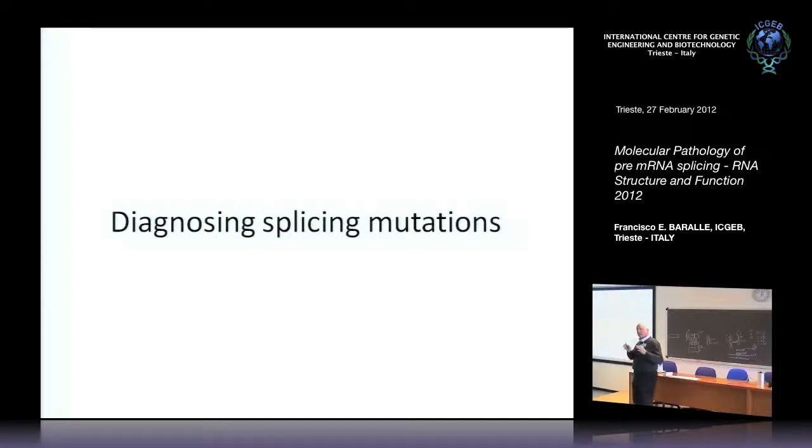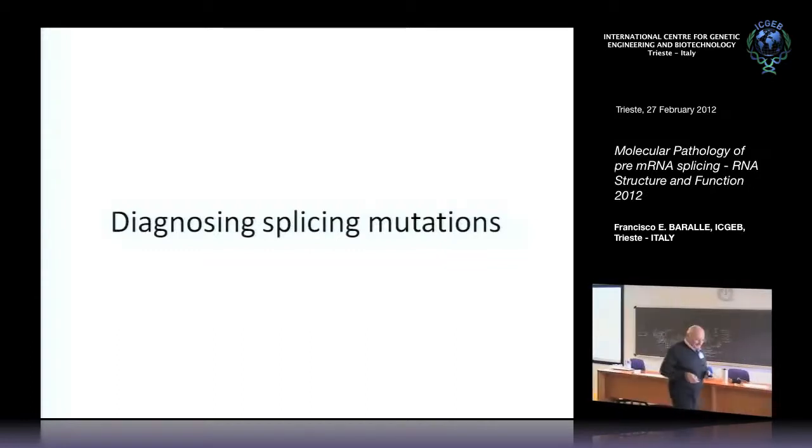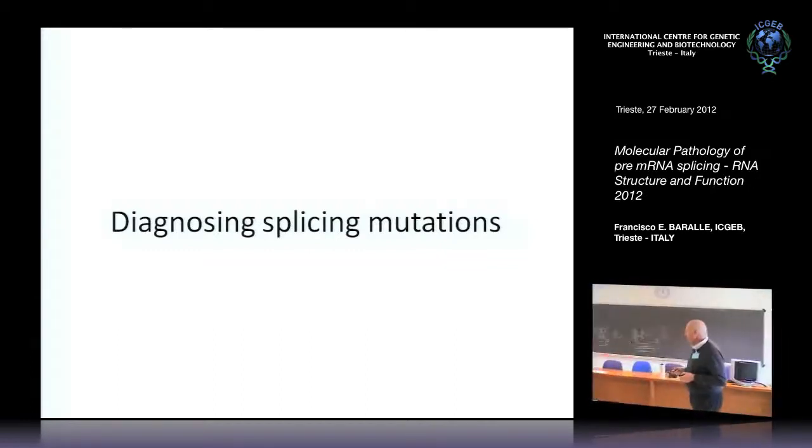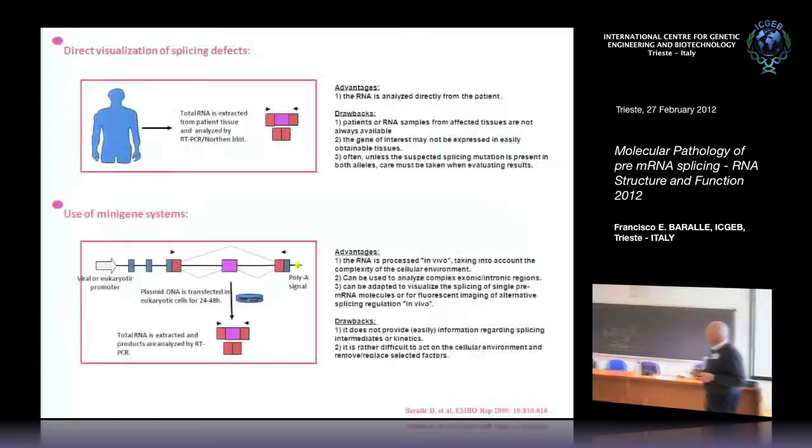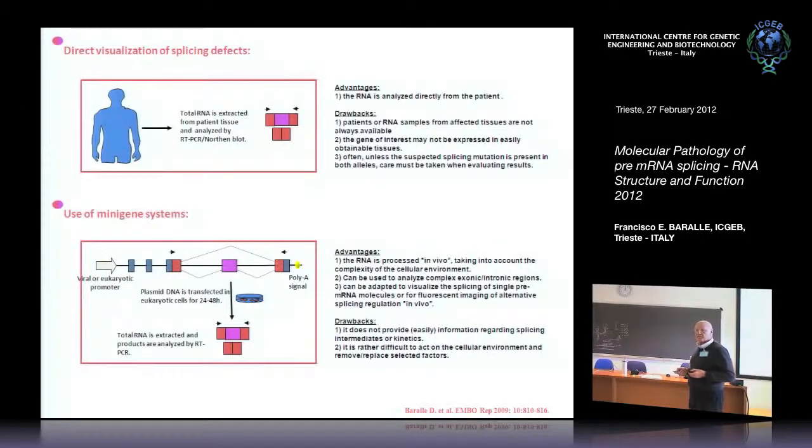So I am going a bit fast to save time, but please interrupt if you need. We'll go to some examples. I mean, how can you diagnose a splicing mutation? The easier way, or the safer way, is to look at the RNA of the patient. But that is not always possible because either it's not available,